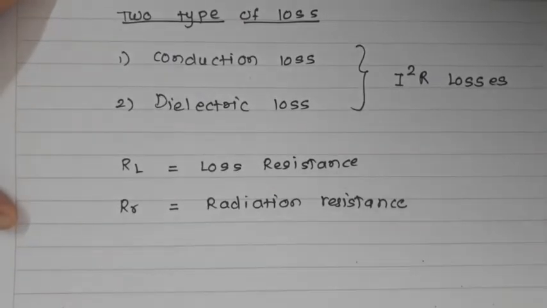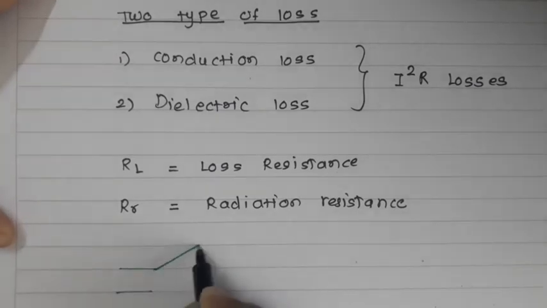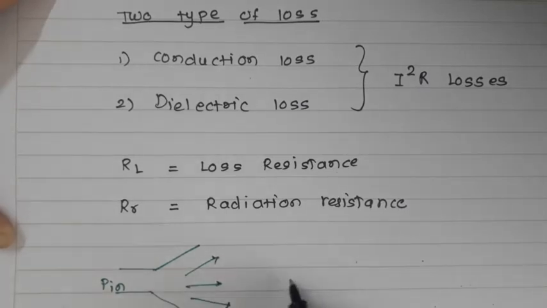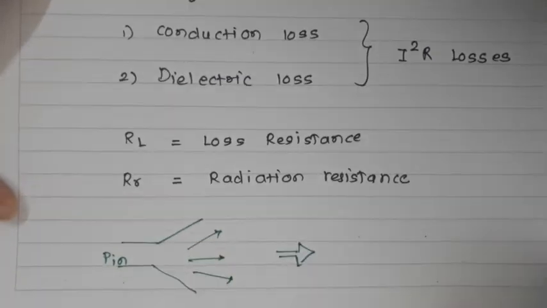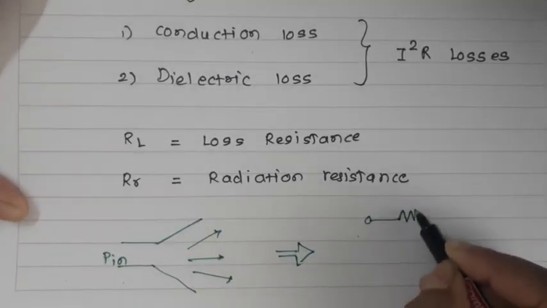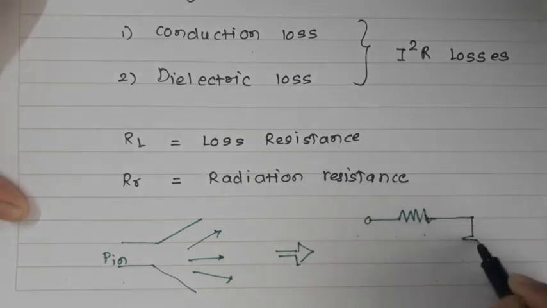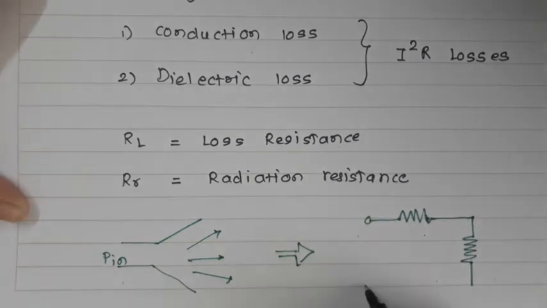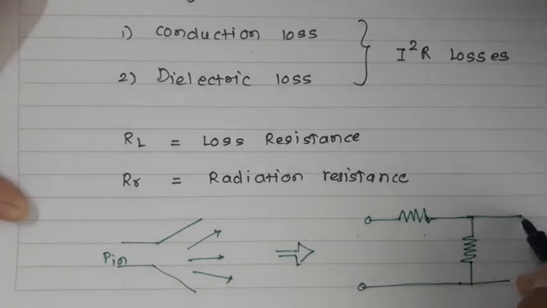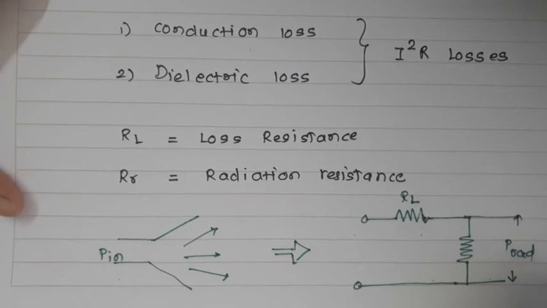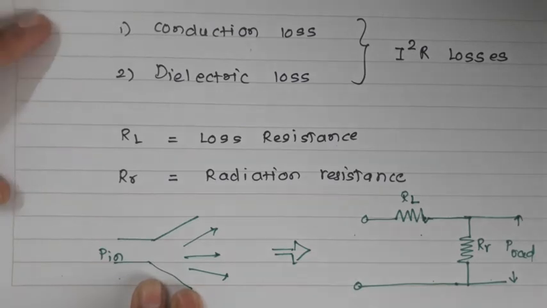Here I have an antenna to which I am giving the input power, say P in. I have supplied some power to this antenna, some power will get radiated, and the equivalent circuit for this will be given like this. I am considering all the losses as RL. The radiation will be considered here as RR, and whatever power is radiated will be called P radiated. So RL represents the losses, which are the conduction loss and the dielectric loss, and this resistance represents the radiation. This is the antenna and its equivalent circuit.